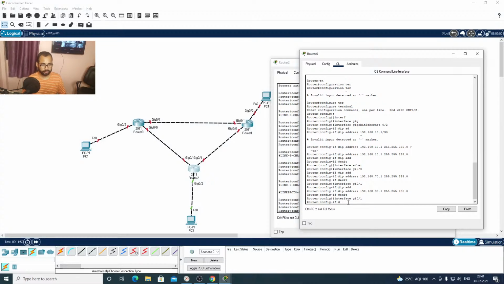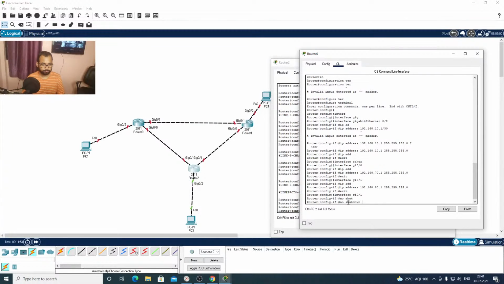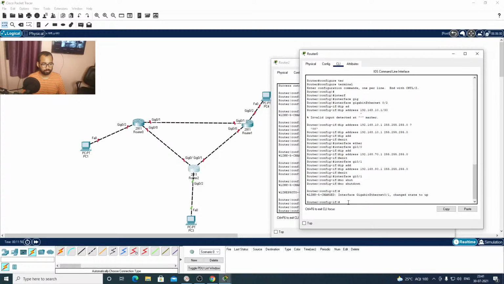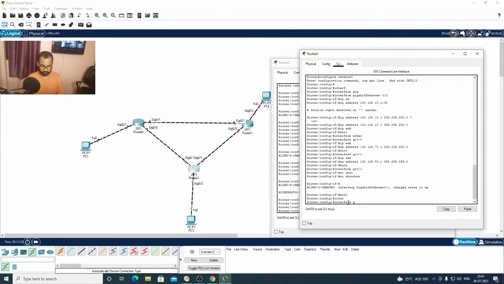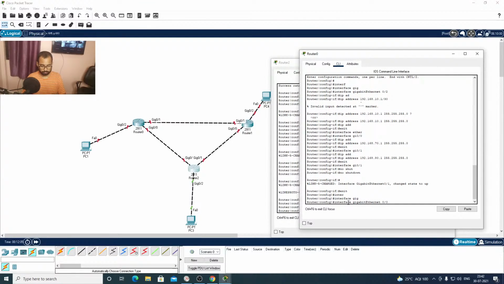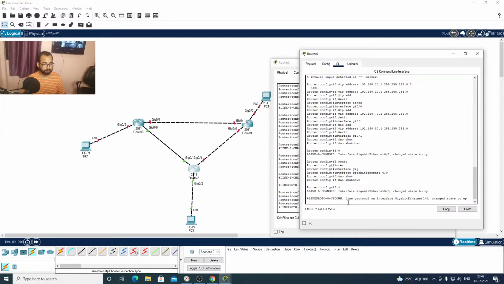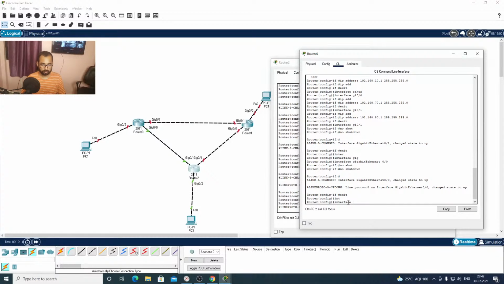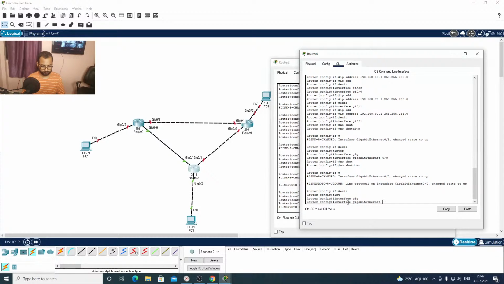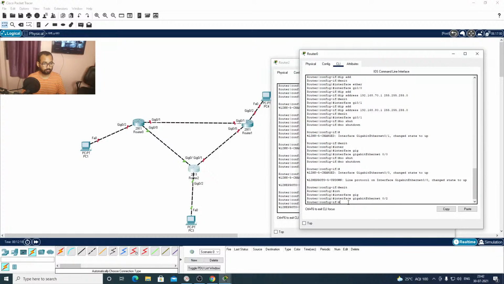So we'll select gig 1 and issue the no shutdown command. Similarly, we'll move on to the gig 0 interface and similarly to the gig 2 interface. We'll issue the no shutdown command.